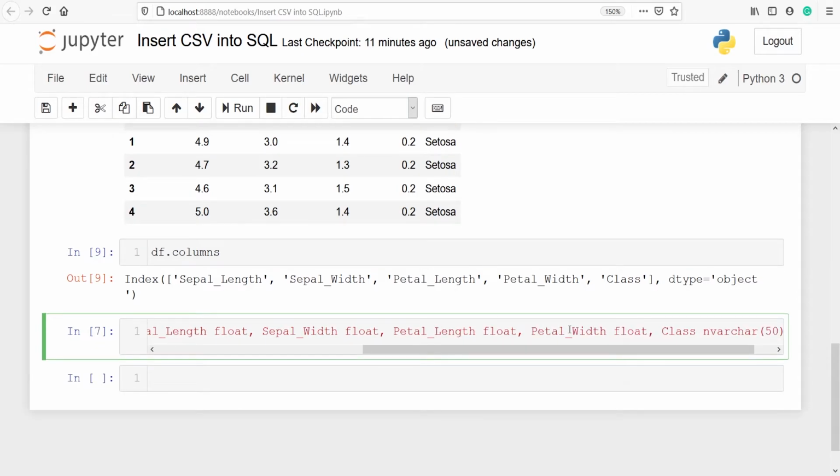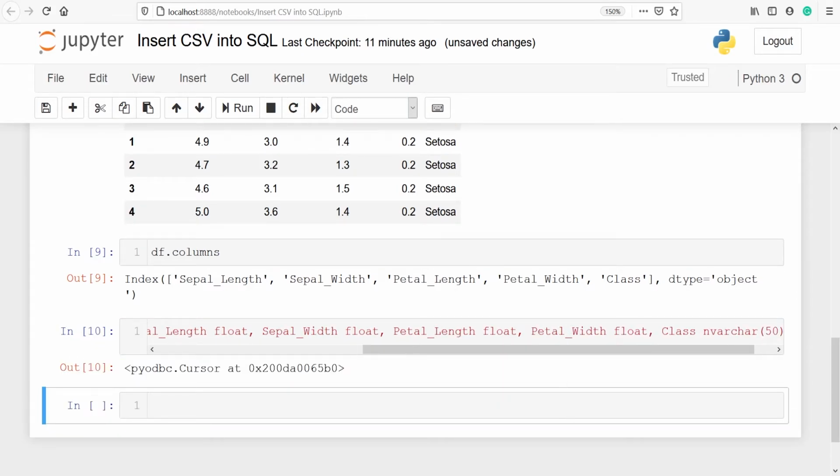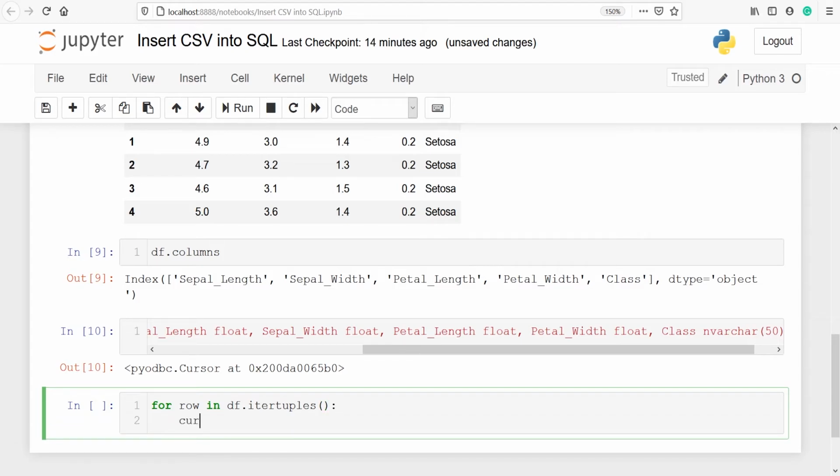Let's execute our code. We have created a table with column names, but all the column values are empty and we have to fill those values. Let's fill values in our columns. We will run a for loop because we have to fill values in all the columns. We will write for row in df dot iter tuples, and then we will use cursor because all the values are stored in cursor dot execute,